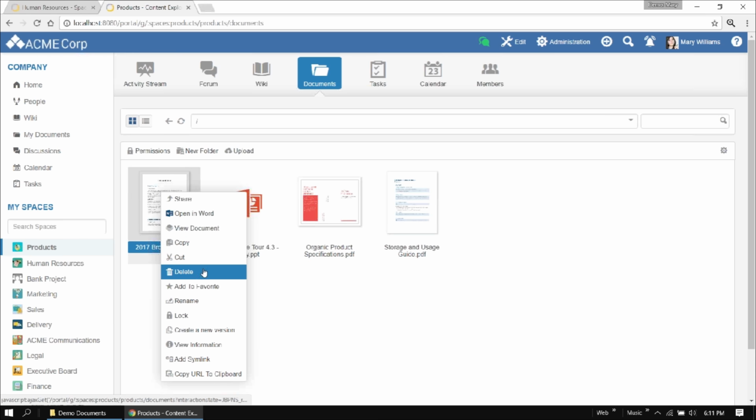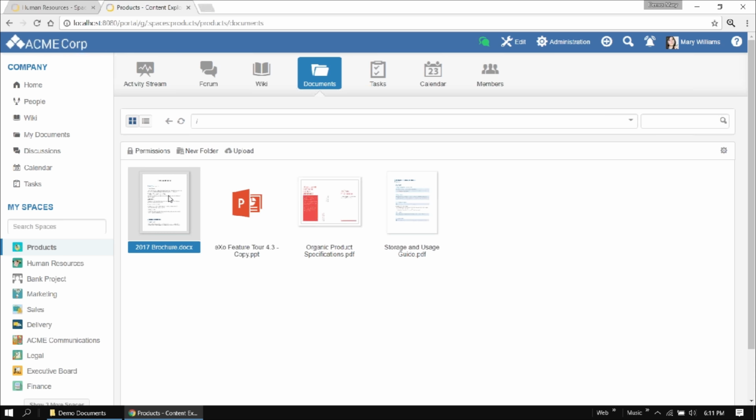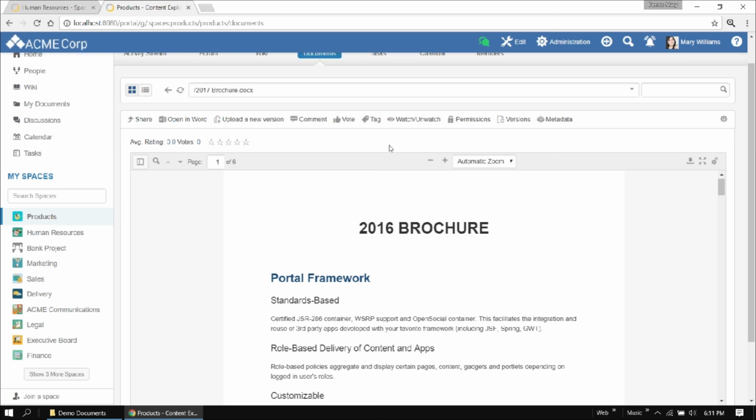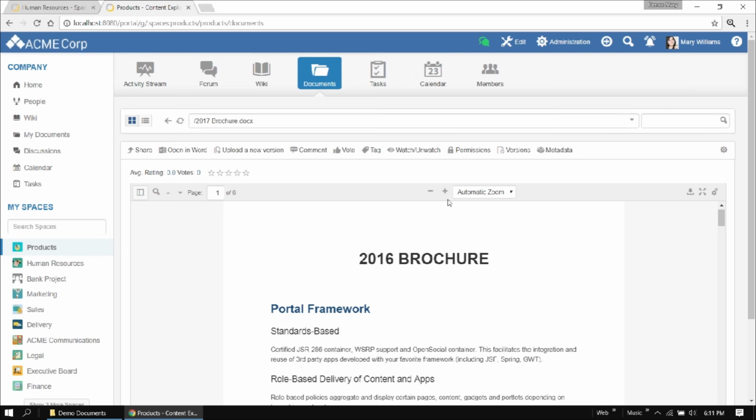As you can see, some familiar actions like sharing, deleting, renaming, or double-clicking to preview the document inside the platform, inside the Documents app, inside my space in this case. It's a Word document, so we will also see an Open in Word button. That means I can actually open the document in my Office application,